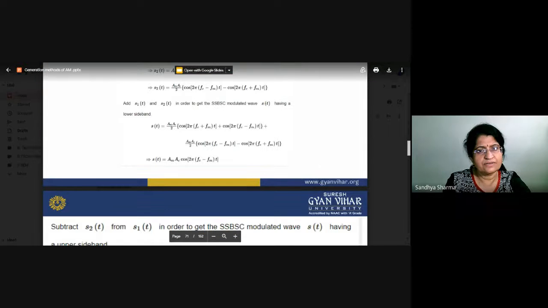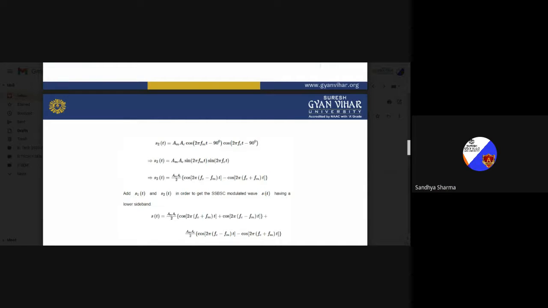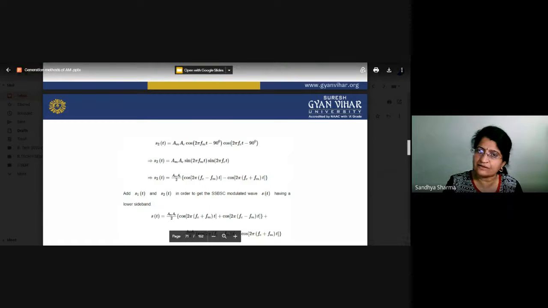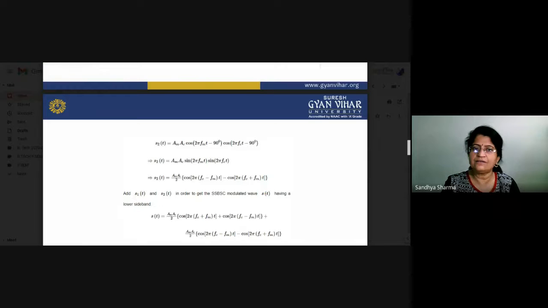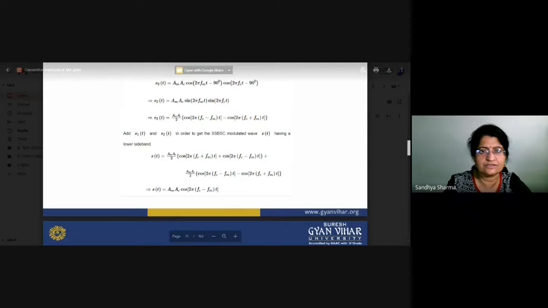Now, after 90-degree phase shifting, you again calculate with the sine terms. We can calculate the spectrum Am by 2 at fc minus fm. Because 2 sin C sin D is equal to cos (C minus D) minus cos (C plus D). According to that trigonometric formula, we can calculate our spectrums, and by adding these two values, s1 plus s2, for the one positive part we will get Am cos 2 pi (fc minus fm) t.